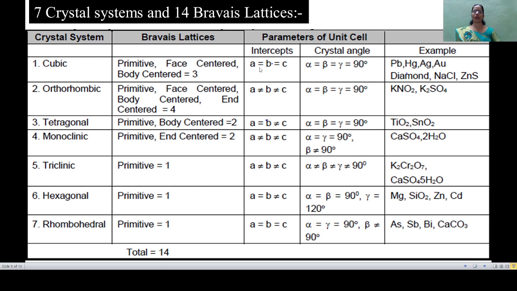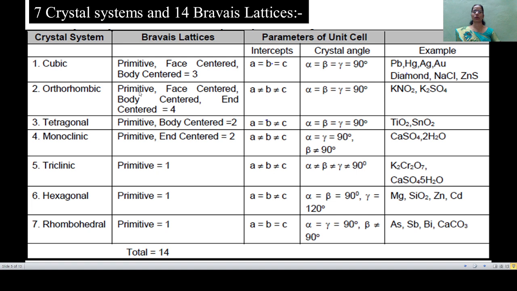Okay, now in cubic system, the edges, that is A, B, and C, are of equal magnitude, while the angles alpha, beta, and gamma are of 90 degree. See here the examples: lead, mercury, silver, gold, diamond, sodium chloride, zinc sulfide are the substances whose crystals are arranged